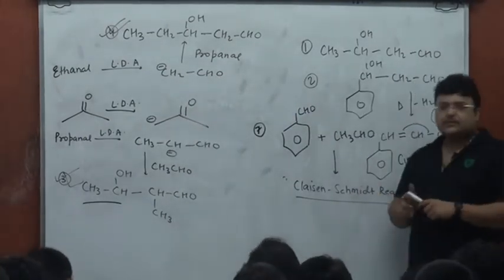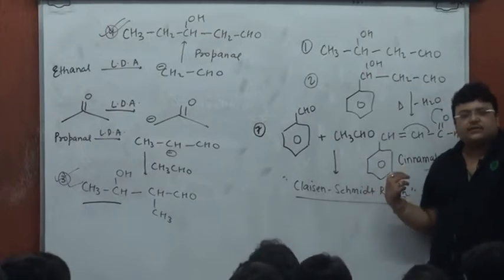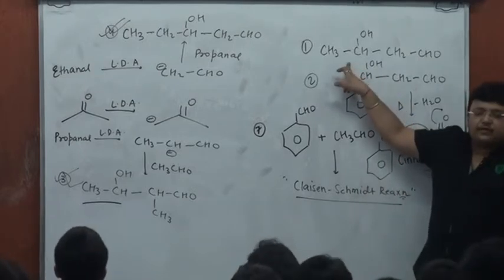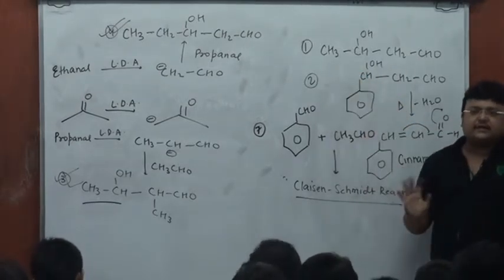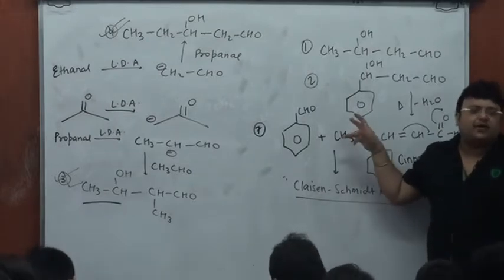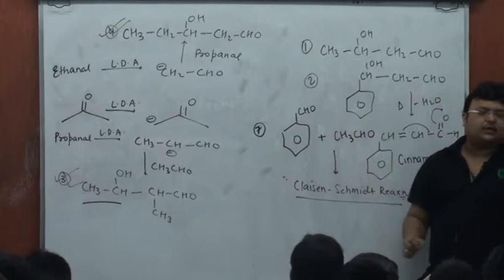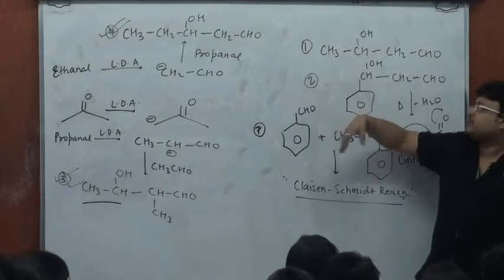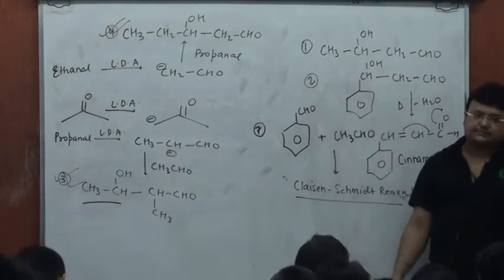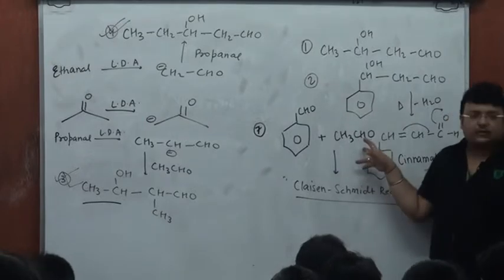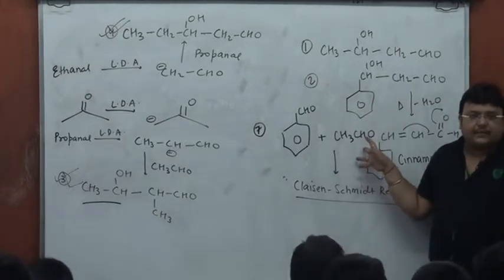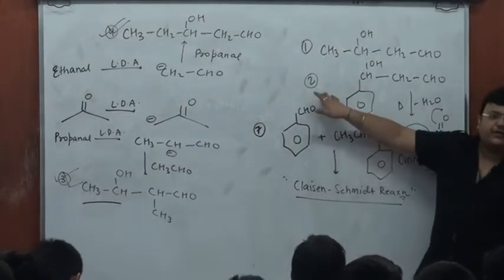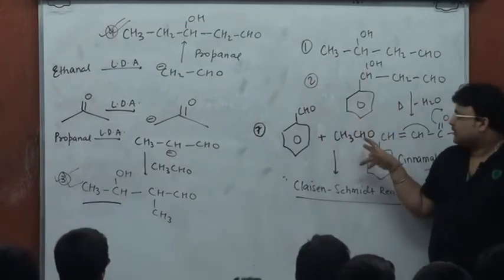Here also, in Claisen-Schmidt, well, I want cinnamaldehyde, that's why I'm carrying out Claisen-Schmidt. If I needed this, I would not have worked with benzaldehyde, I would have worked only with ethanol. Although 2 will be formed more than 1, I told you crossed aldol is going to be more than self-aldol, still if I want to rule out the possibility of 1, or if I want to increase the concentration of 2, I know I want ethanol to act as the nucleophile, and maybe to get more of 2, I'll add LDA to ethanol.